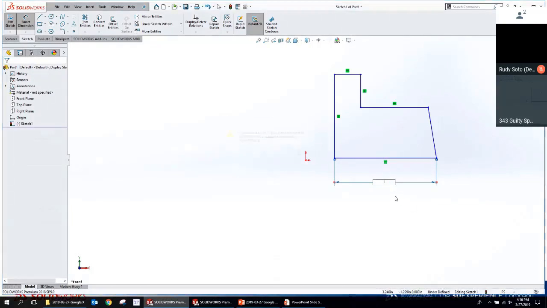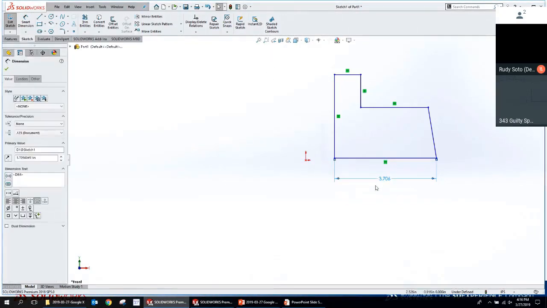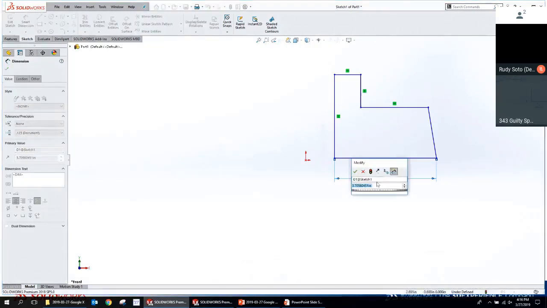the dimensions, right? You go delete and you press enter and it doesn't go away. And you're like, wait, I just want to get rid of that dimension. Like, how come I can't delete it? And so if you turn that off, then you won't get that behavior. It'll behave more the way it did in the old days. You double click on the dimension and you can see that then the modify spin box comes up.